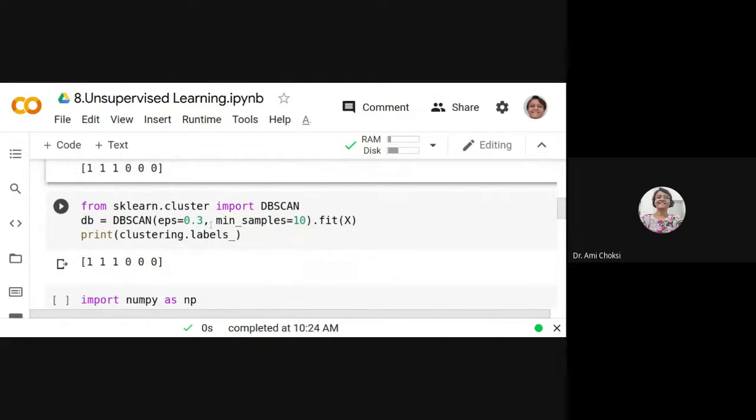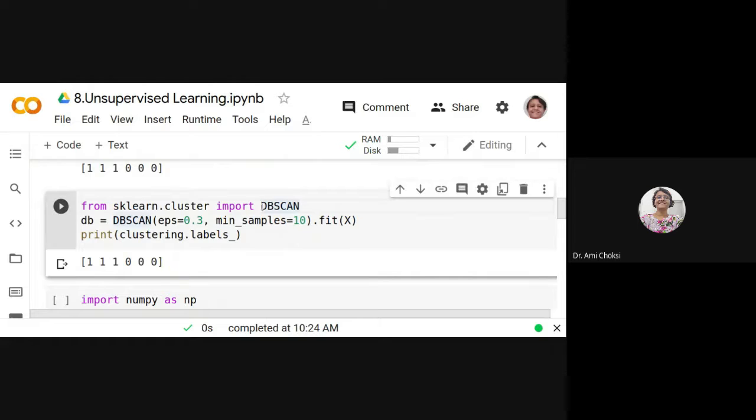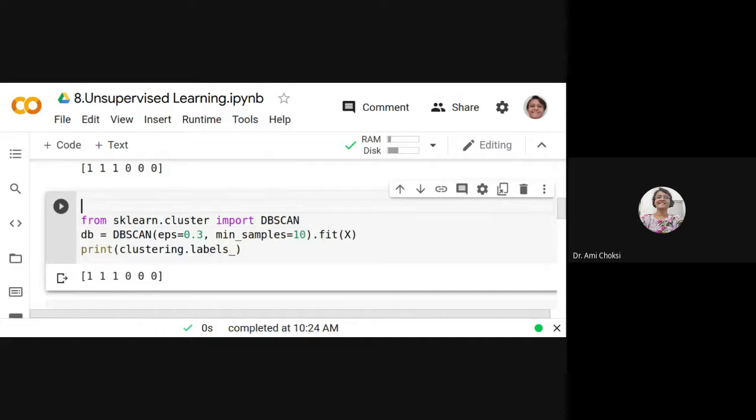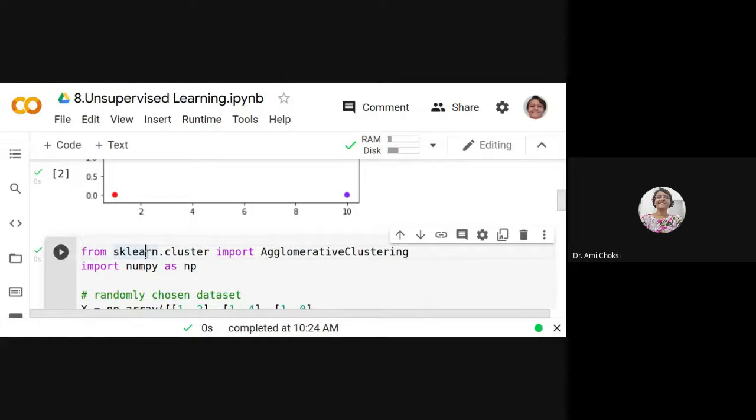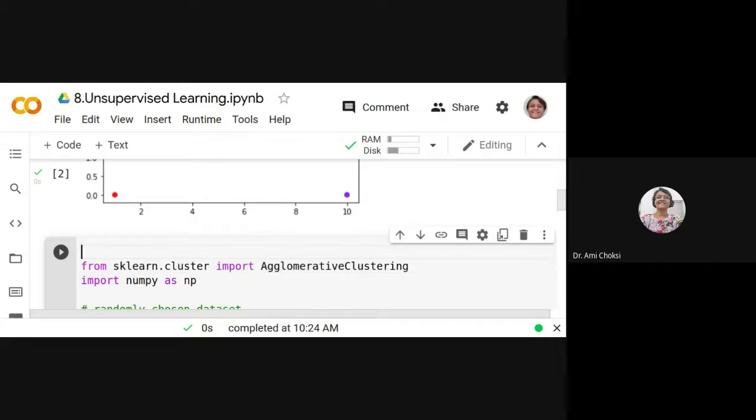Fine. Now, one more algorithm that is based on the density of the data, that we can say is the DBSCAN algorithm. This is for the density, and this is what we have said that was for hierarchical, right? You should not forget that. So let me put the comment here, right? Hierarchical.